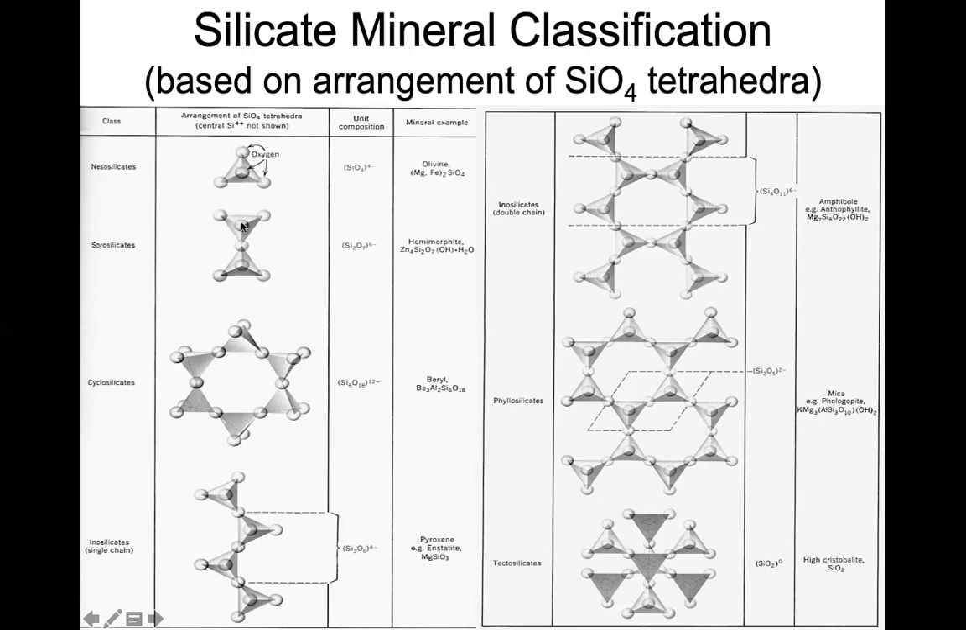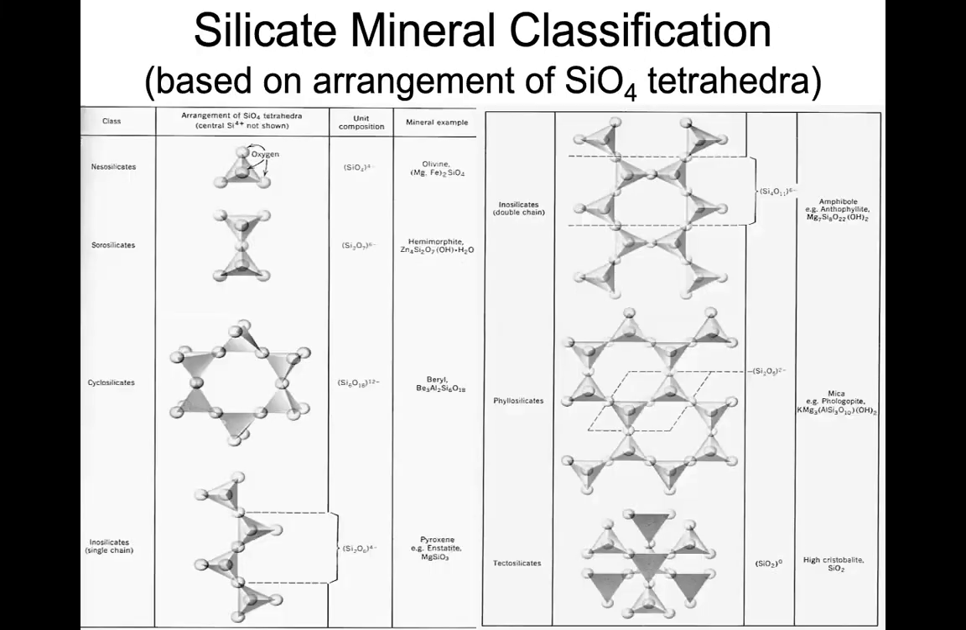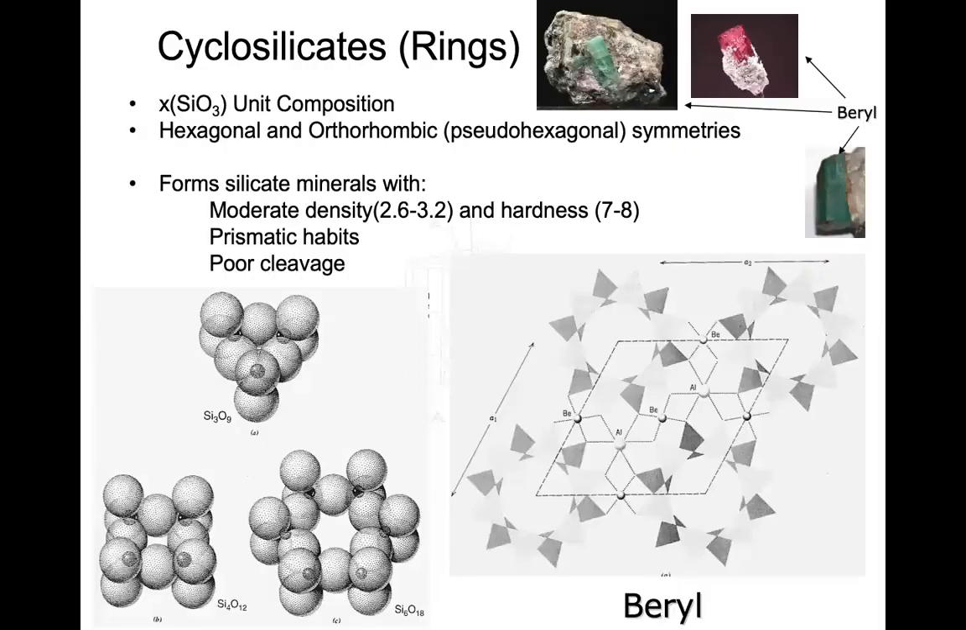sorosilicates are joint silicates with two tetrahedra with a bridging oxygen. And cyclosilicates, today we are considering the cyclosilicates, which are like a ring structure, okay? Like a ring structure. So you can see